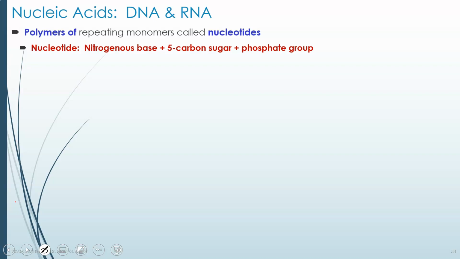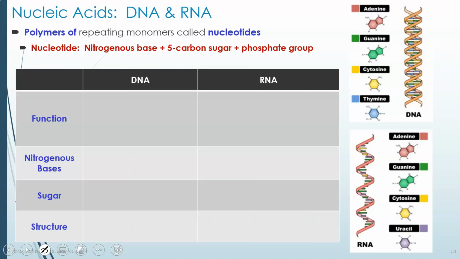That's a fancy word for saying a small molecule that looks aromatic. It's kind of aromatic and has amines in it. So it's made with nitrogens and carbons and hydrogens and maybe some oxygens. So it's an amine molecule that is attached to a carbon, and then the carbon also has a phosphate. And when they're linked, what you have is a backbone, and it's not shown here, so I'm going to show you. What you have is a backbone of sugar